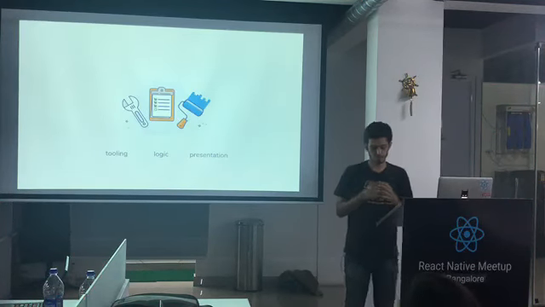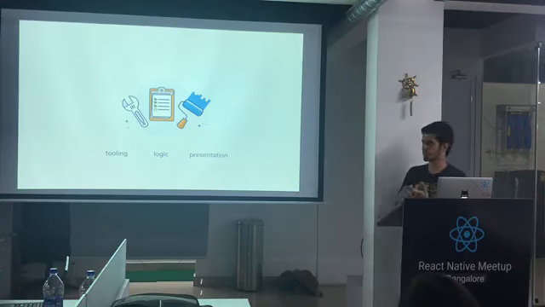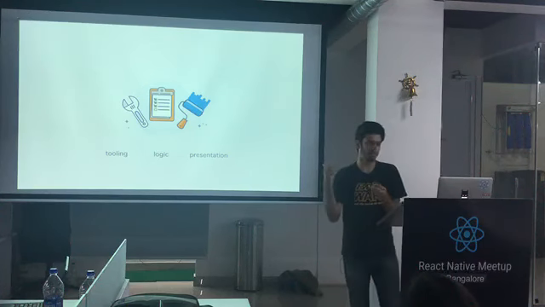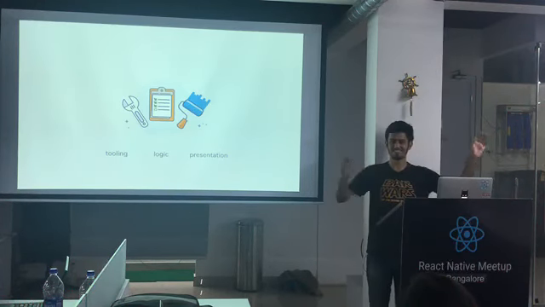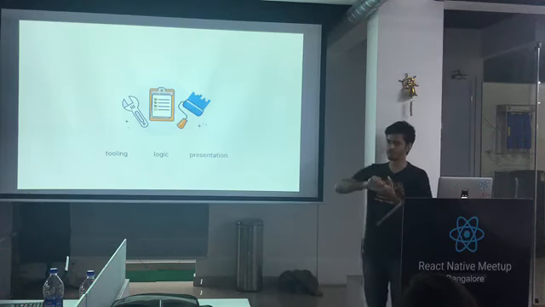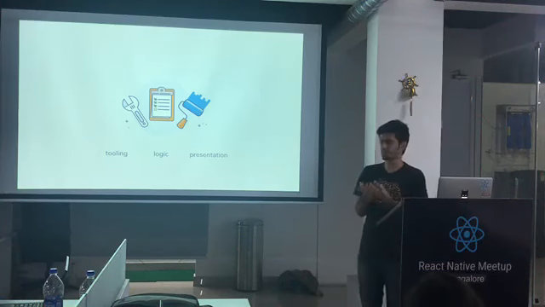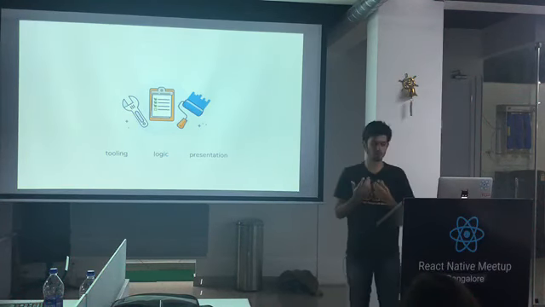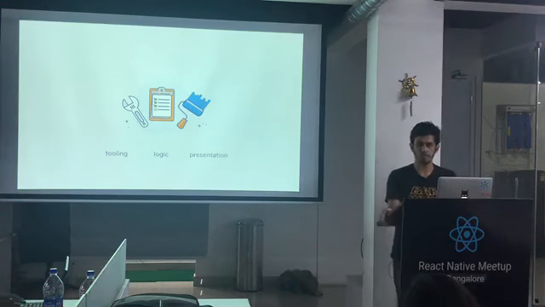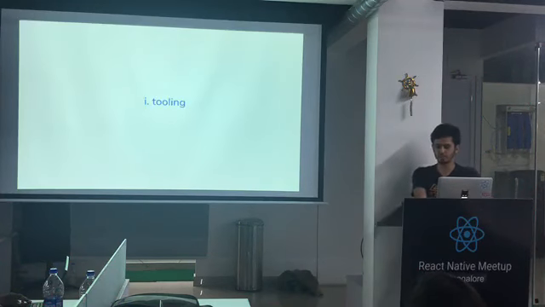So when I broke down this problem, there were three core things to this problem. First was the tooling. So for native, I have different toolings. I have Expo and I have Xcode and all of that, Android bundles, which I did not even go into. Then there is the logic part of things, fetching data, getting users to log in, state management, all of that. And then there's the presentation. What do I show to the user, right? So these are three different broken problems, and we'll get into each one of them one by one. First of all is tooling.